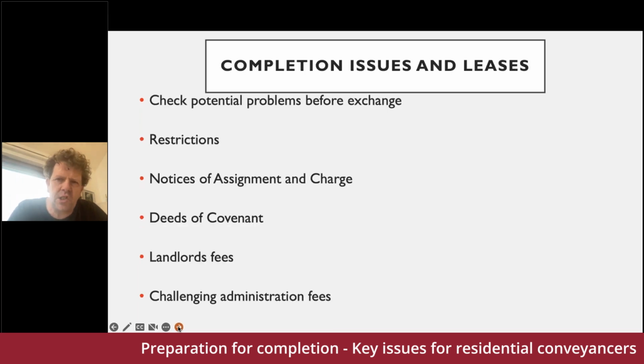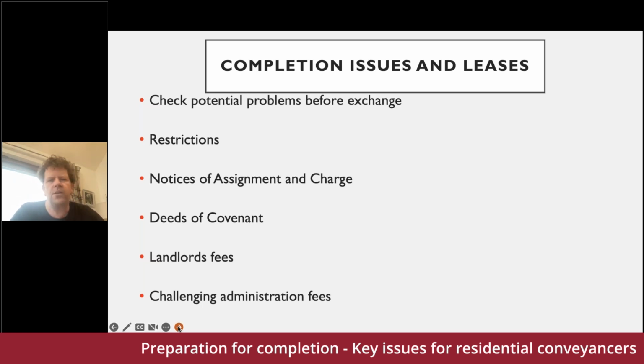Completion issues and leases, just before we stop. Always check potential problems before exchange. Watch landlord's restrictions. Have a look at Practice Guide 19. There's a schedule to that now that highlights how to deal with landlord restrictions and problems with landlord's consents or